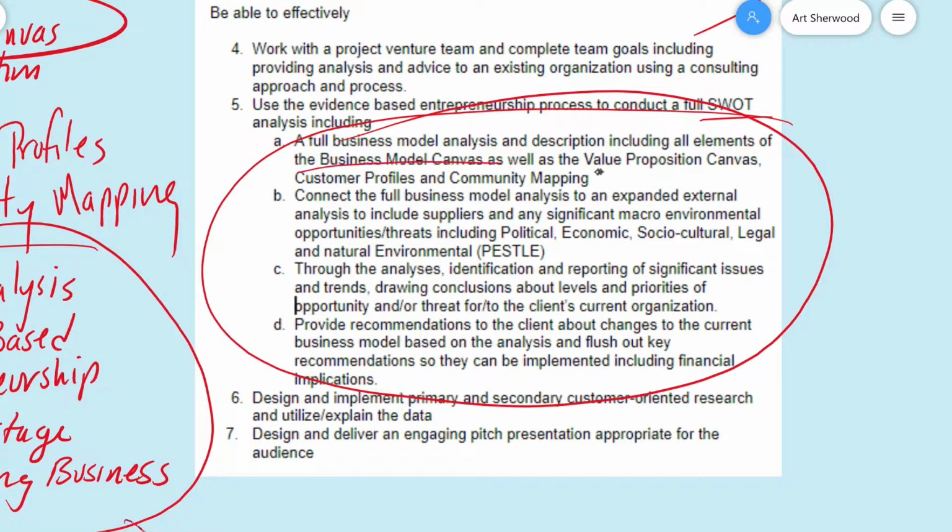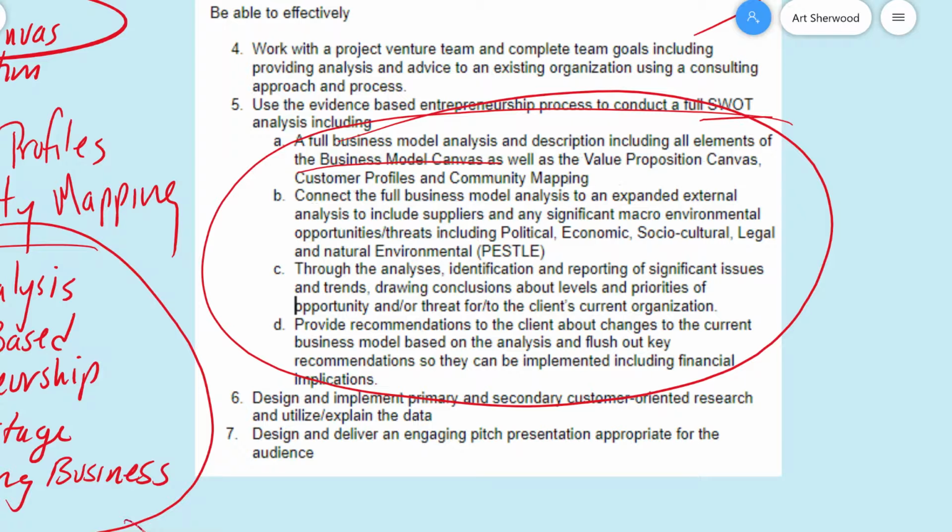You'll continue to build on your understanding of the value proposition canvas, the customer profiles, community mapping, but you'll also start to learn how to do expanded external analyses, which include PESTLE, or the political, economic, sociocultural, legal, and natural environmental issues, as well as dealing with suppliers and competitors. And ultimately, you will use primary and secondary research to draw conclusions and make recommendations and give a pitch at the end to both your client and to your fellow